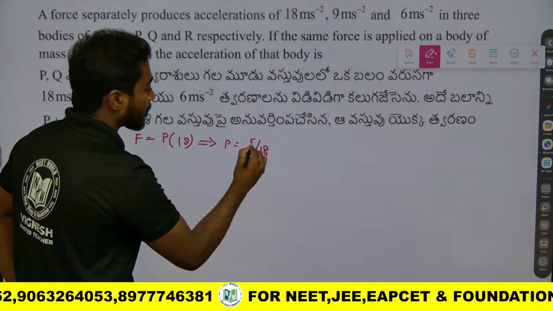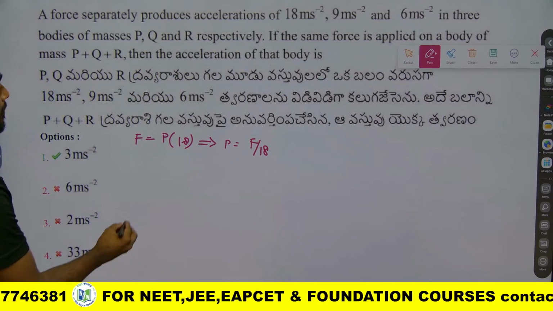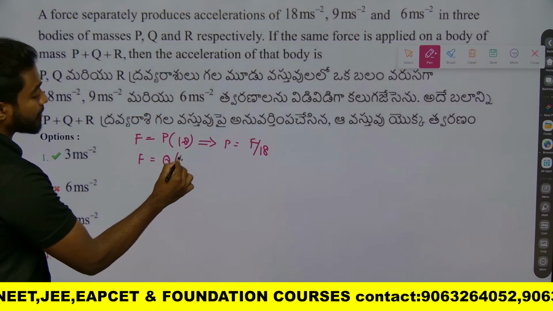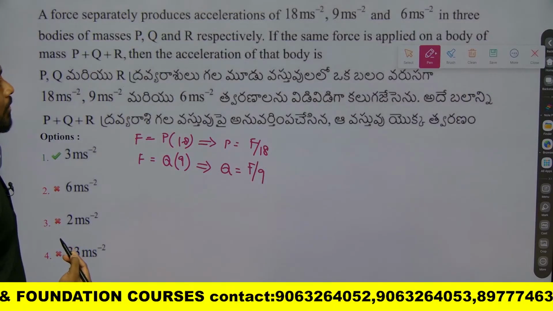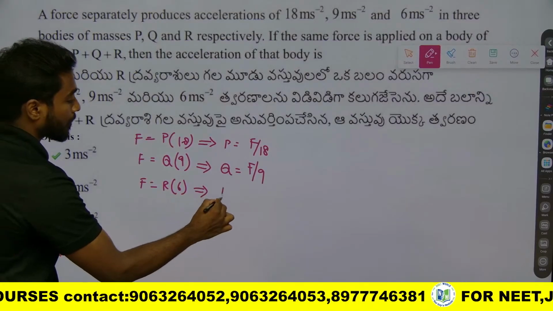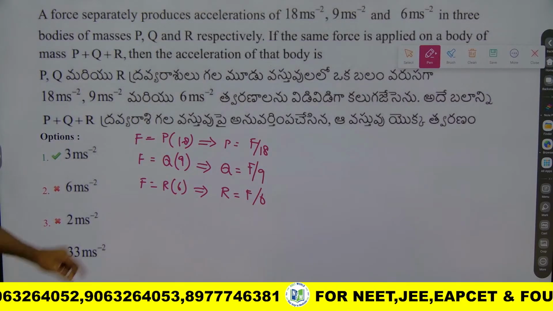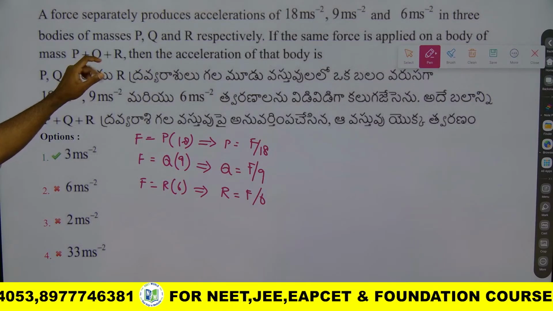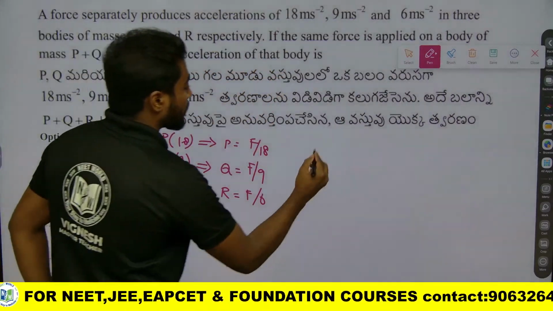F by 18. Similarly, for the second case, F is equal to the mass Q into acceleration 9. So from this, Q is nothing but F by 9. Then F is equal to R into 6, which is nothing but R is equal to F by 6. Now, what they have said is I need to find the acceleration for the body of mass P plus Q plus R, where the same force is applied. F is equal to